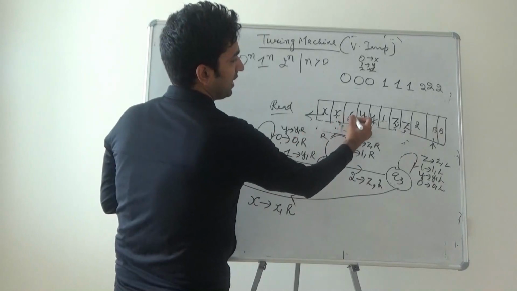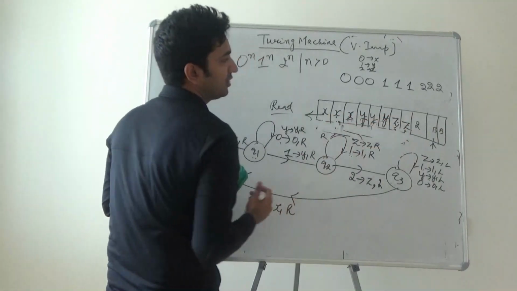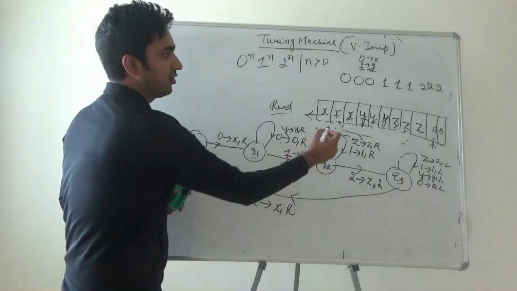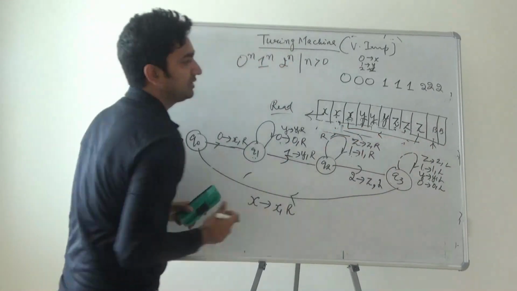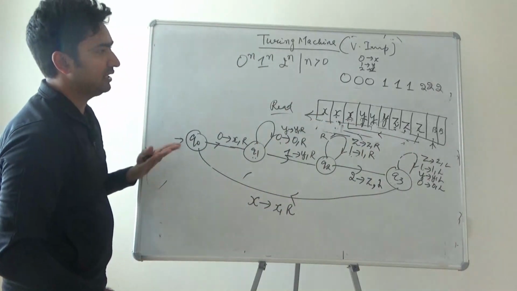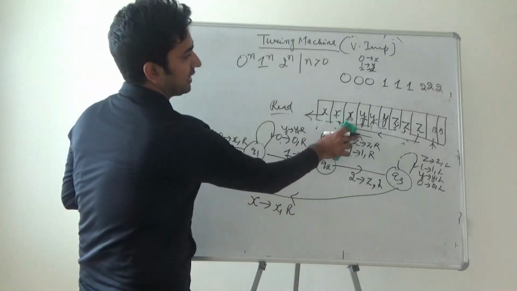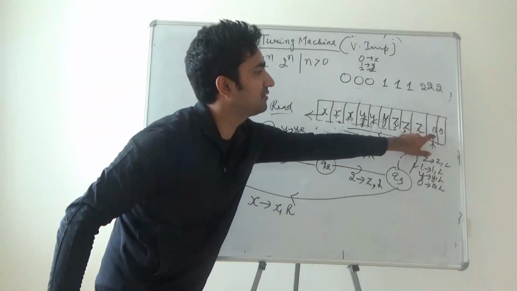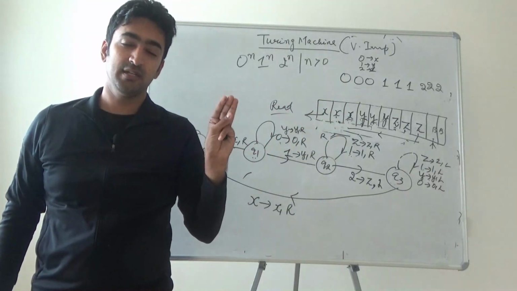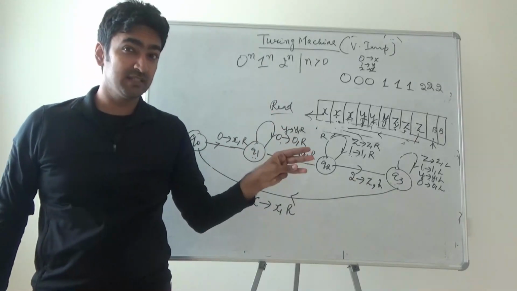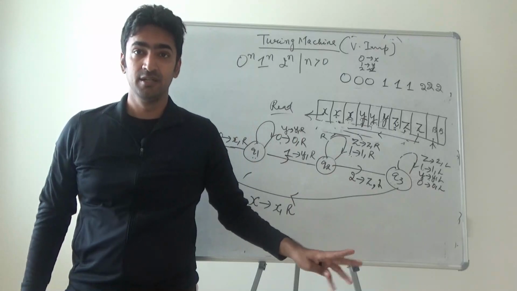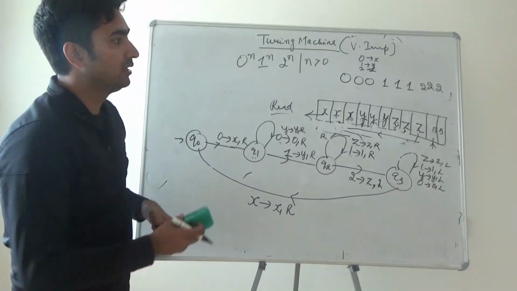Again 0 will be converted to x, 1 will be converted to y, 2 would be converted to z, right? From this z again you will reach this x, right? So you will reach this x. Now the important point is you have read this x, your target is to reach this blank. Guys listen, 3 zeros 3 x's, 3 y's, 3 zeros 3 x's, 3 1's 3 y's, 3 2's 3 z's, they are matched. Now the target is to reach blank.